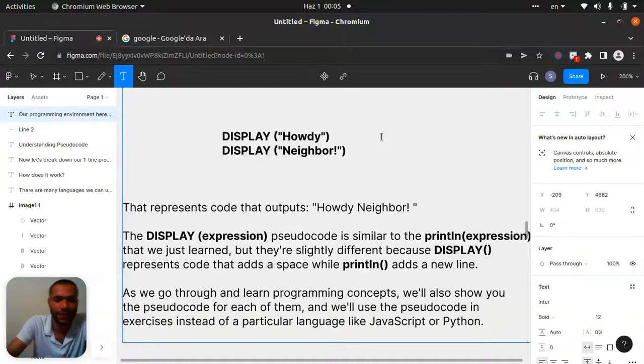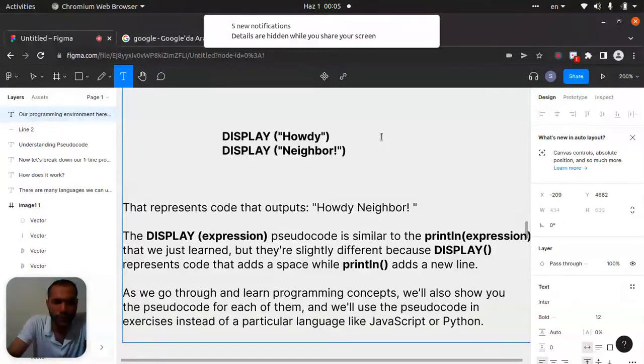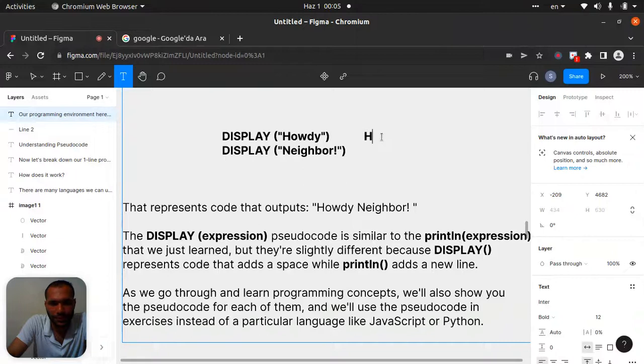It will display out like that: howdy neighbor. When you put down one display like that, there will be just one space between them. It's doing that. This space, look, I did. So just a space between y and n.